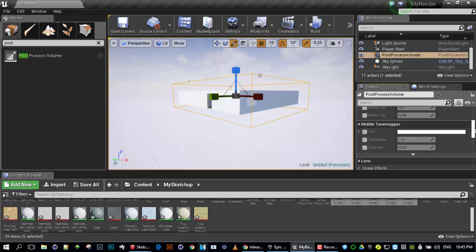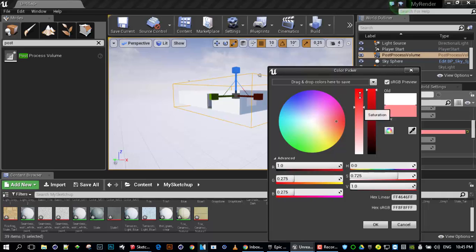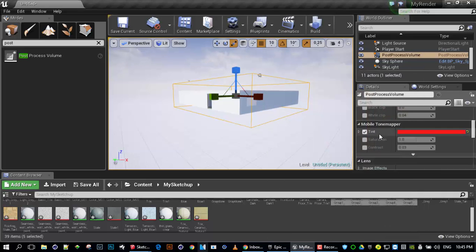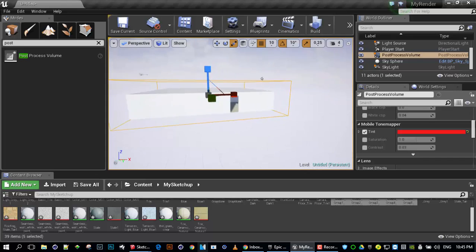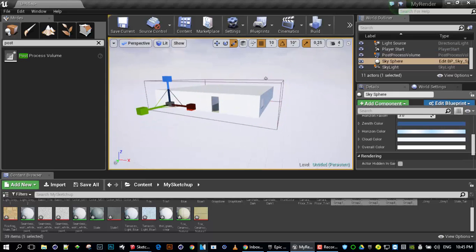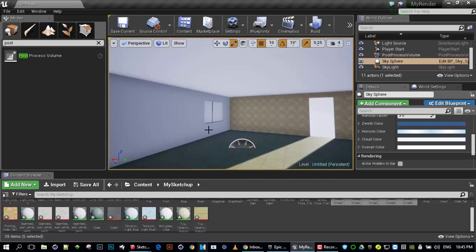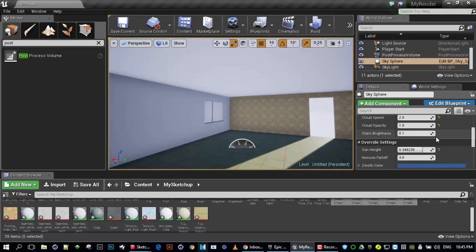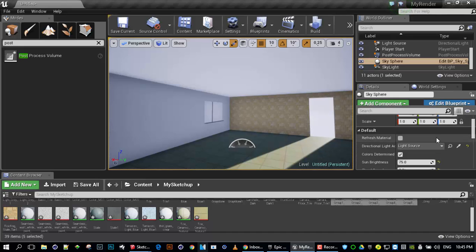Okay, maybe I'm going to do tint, and I'm going to do some serious tint into red. So at the moment, this is saying that if we're inside there, we should see it as red. But on the outside here, we're seeing nothing. So I'm going to press 1 on the camera, and we're going to go inside. Okay, and we should see that. If it doesn't, then I'm the wrong person to teach you about,